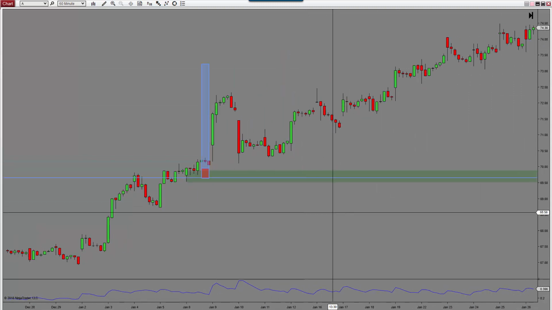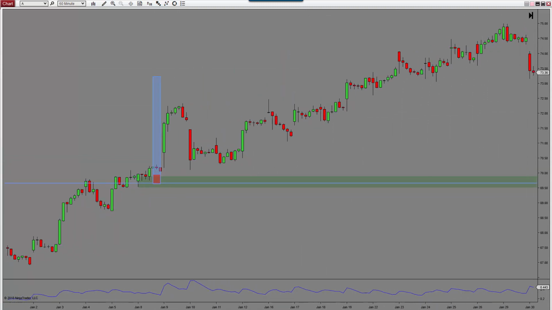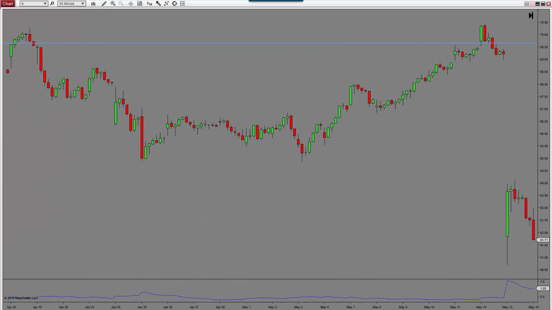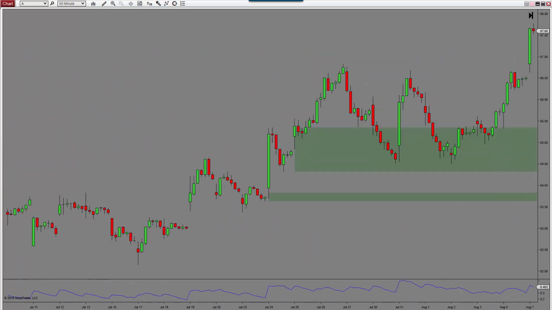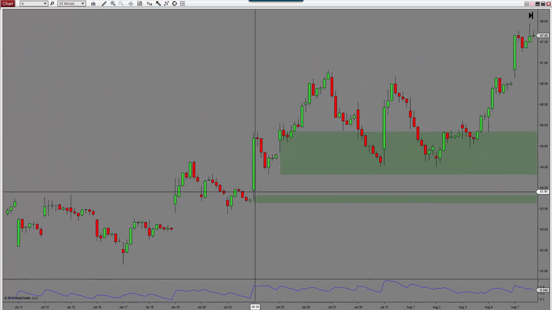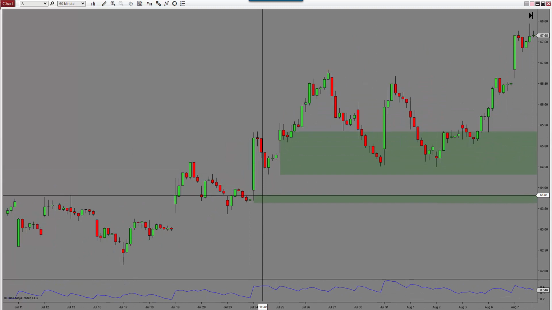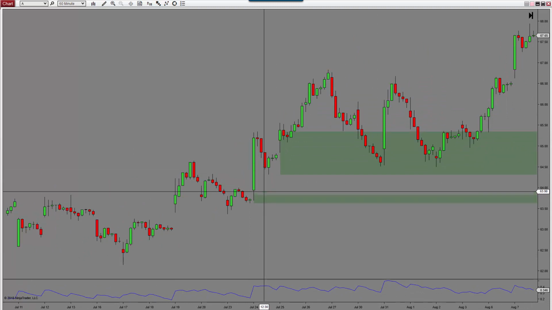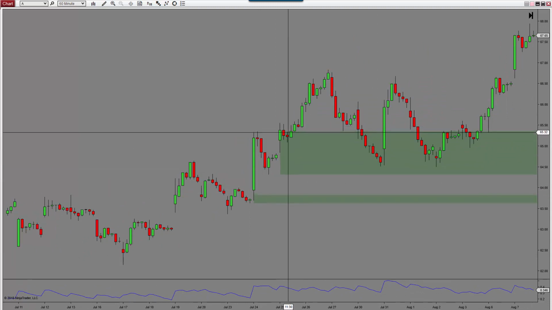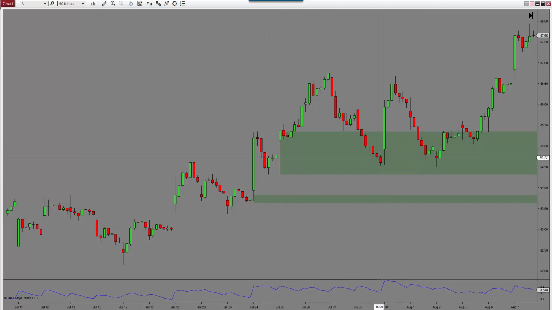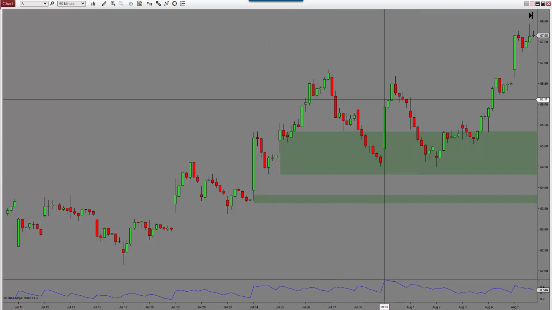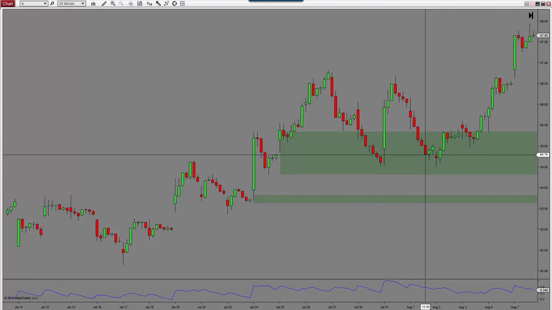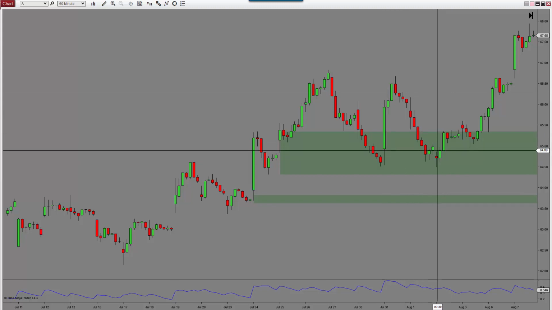So if we go through the rest of the year, this is January. I don't get another zone until here. Price does not make it back into this one, so I have no trade there. However, it comes into this one here, so I've got a loss. I'd take it again on this large candle. Probably would have waited, but let's just say I took it. So there's a loss. And then I take it again down here,